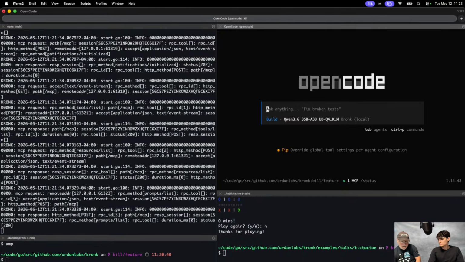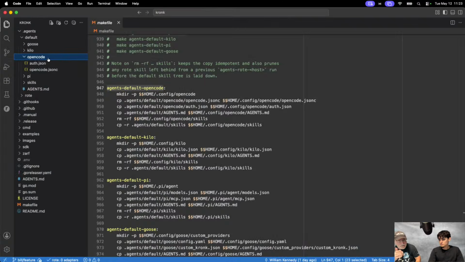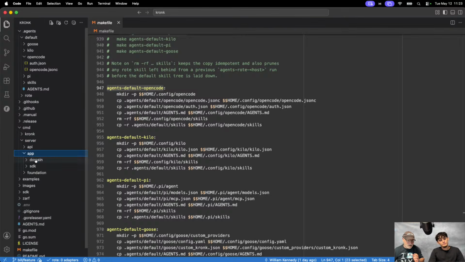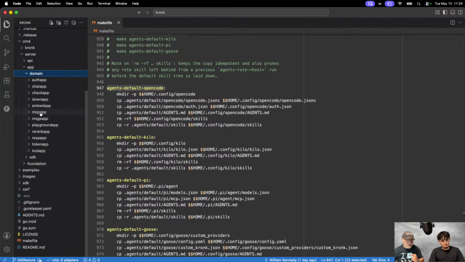So we wrote an MCP service that cronk starts. You can run it separately if you wanted to, right? But cronk starts the MCP service. I have a domain for this. And we added two things for extra support. I added a fuzzy replace because that way you're not looking for exact strings.